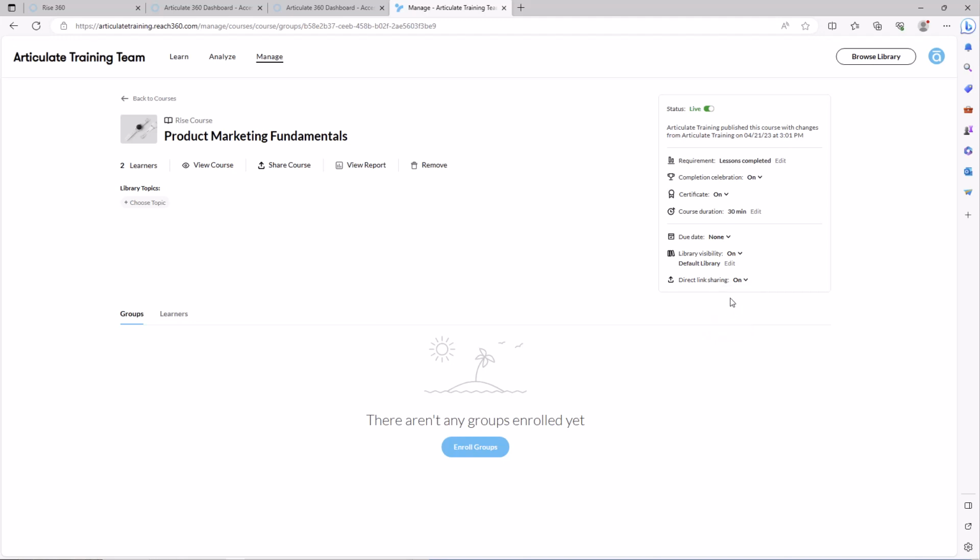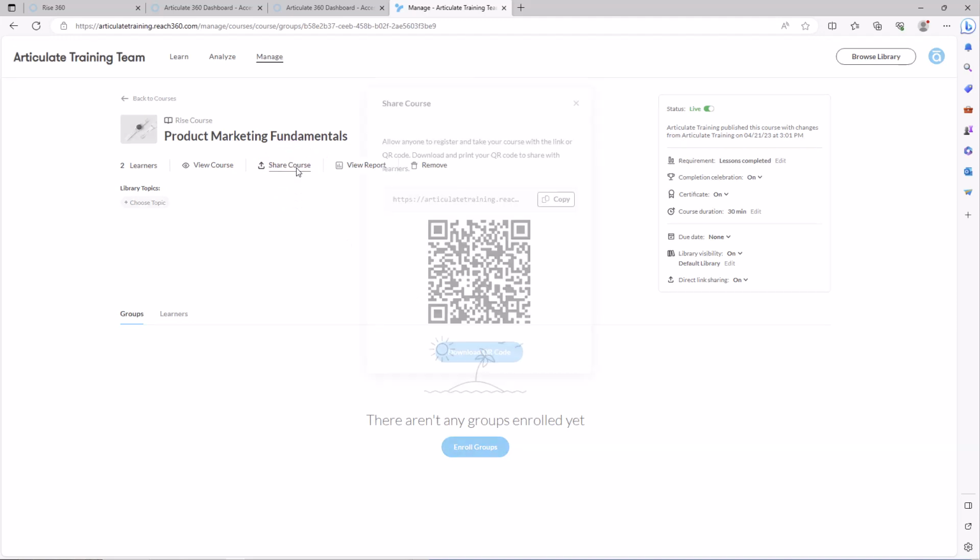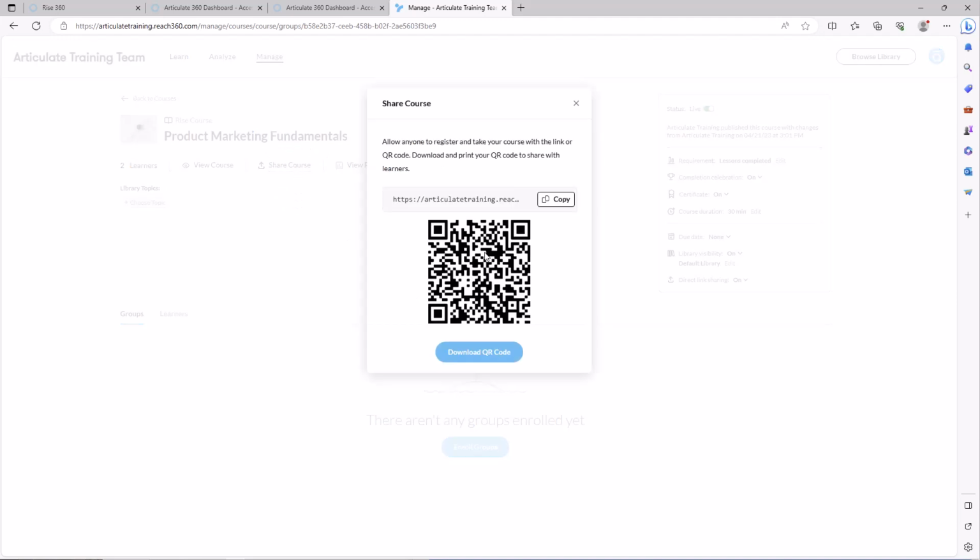And then once you've turned that on, you have the option right here to share that course. So you'll get two options really. You have a direct link. You could copy this link, and then once this link is copied, you can send it out in an email, maybe a forum email. You can drop it in Slack. You could post it on the intranet site, like SharePoint, and get that link, then post it out. And anyone who clicks that link will automatically be able to register for that course.